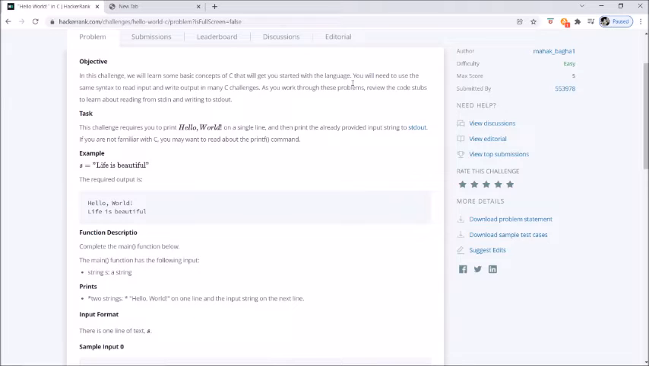Every language starts with the program Hello World, let it be any programming language. You have to go with the basic steps. Then only you will be able to understand the complete language in a very detailed way and to understand its logic. Let's move further. You will need to use the same syntax to read input and write output in many